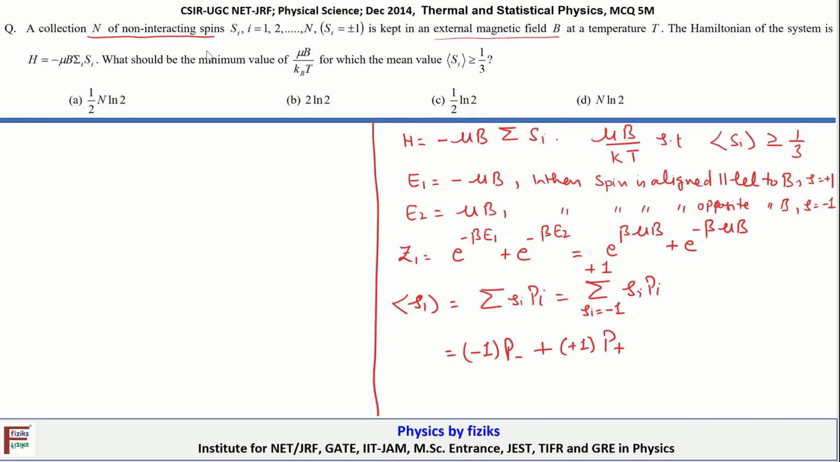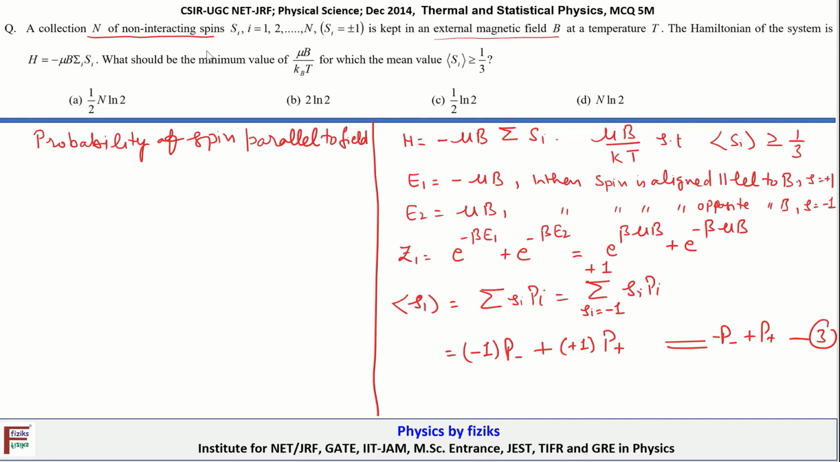Okay, so now we will try to find out the corresponding values of the probability. Let me call this equation 3, or I can rewrite this as minus P minus plus P plus. So let me call this equation 3. Now, the probability of spin parallel to